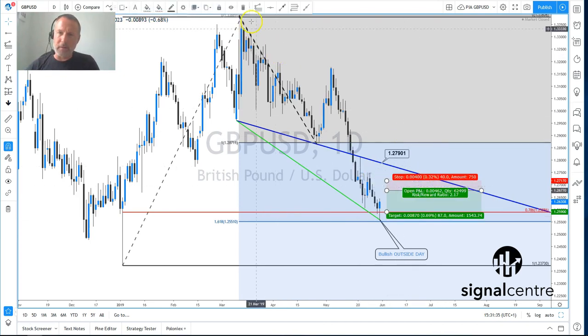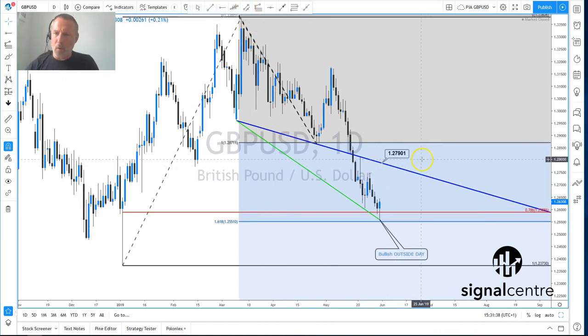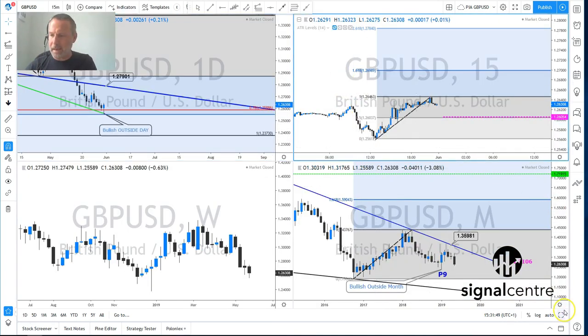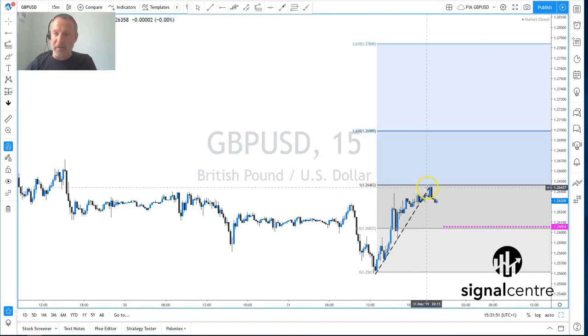We've got 127.90 as a reverse trendline resistance. We've got an intraday 261.8% Fibonacci extension level, and I'll show you here. So basically, if this is the start of wave one at 127.84, we've got some support going into next week